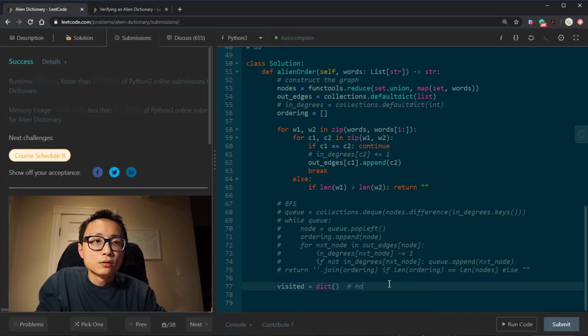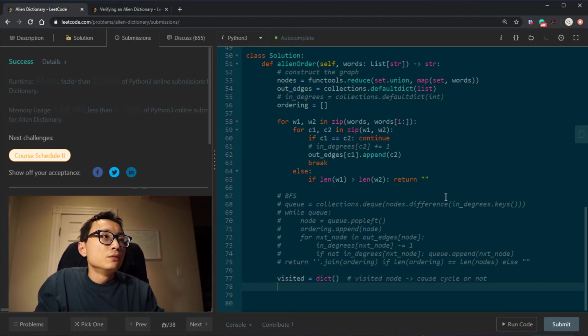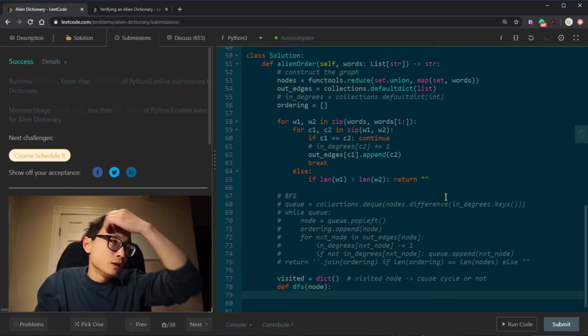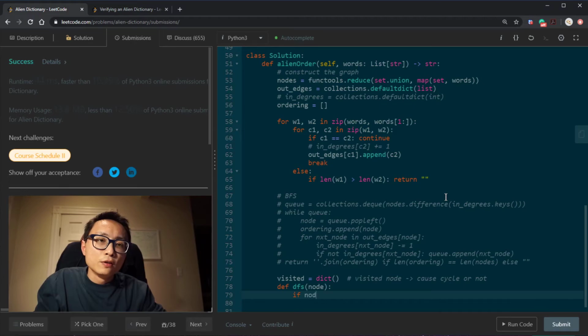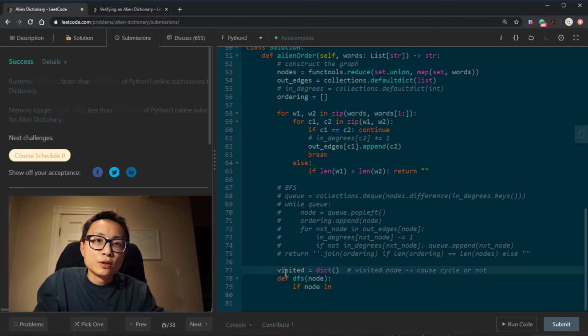So let's just quickly note here. So the DFS function is going to be just taking a node, and if we have already visited it, we're gonna